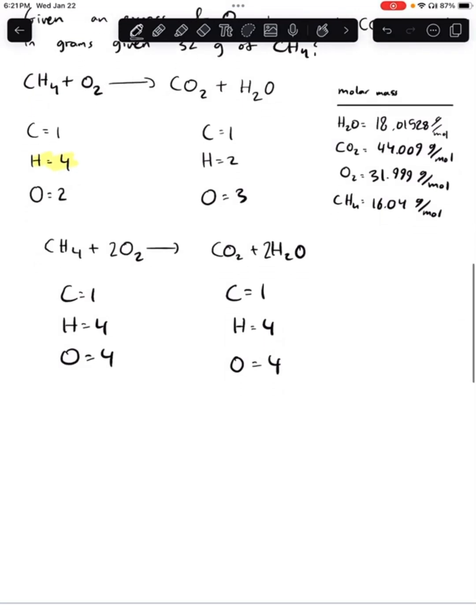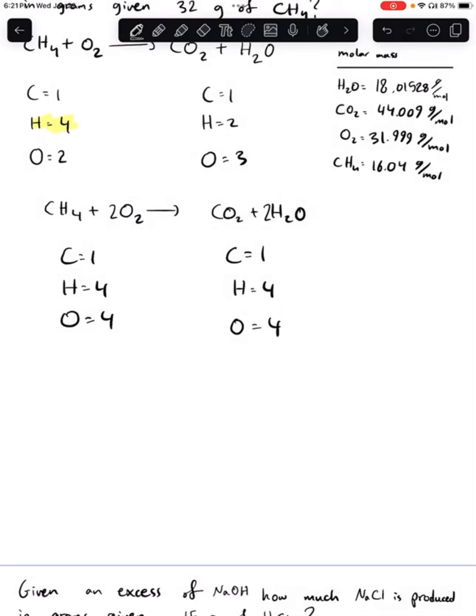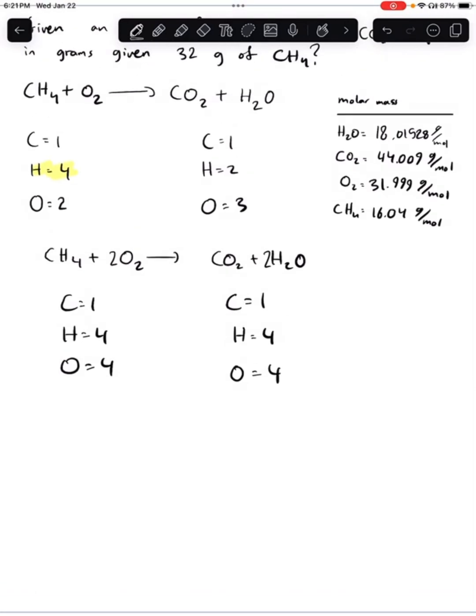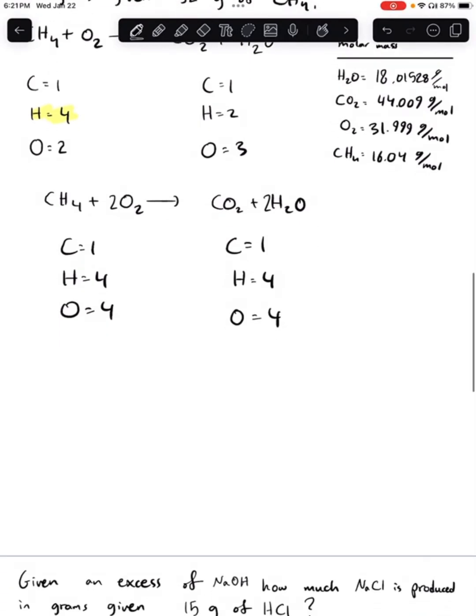In order to do this, we would have to find the number of moles of CH4. We would then calculate the number of moles of CO2 from CH4, given the number of moles of CH4 and the molar ratio between those two species. And once we get the number of moles of carbon dioxide, we would solve for the amount of carbon dioxide in grams. So you have 32 grams